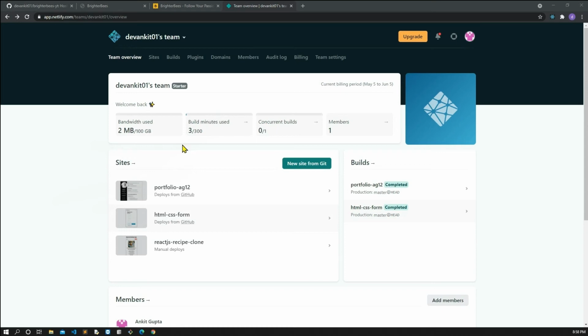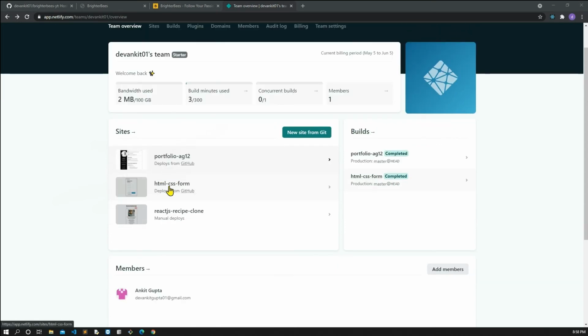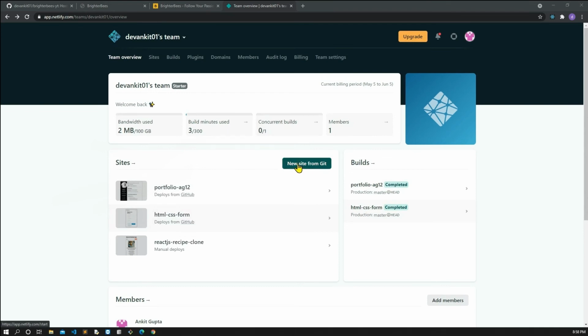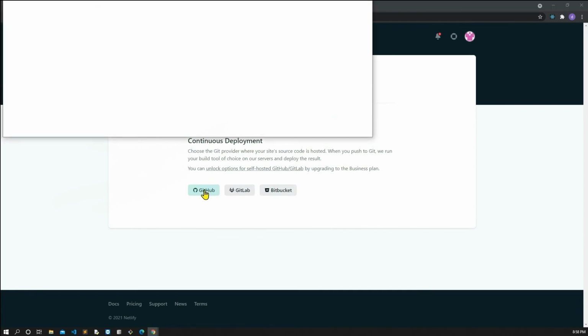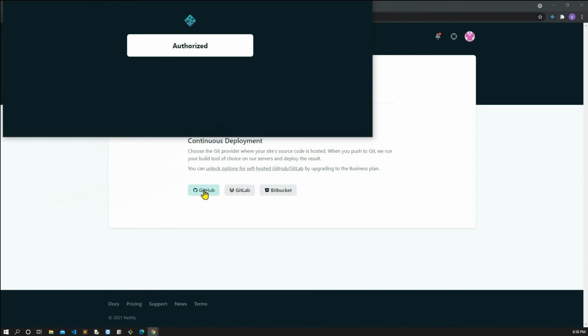I have also hosted some websites in the past, and now I have to click here on new site from Git. I have clicked, and you have to click on GitHub here. For the first time it will ask for authentication, like your username and password of GitHub.